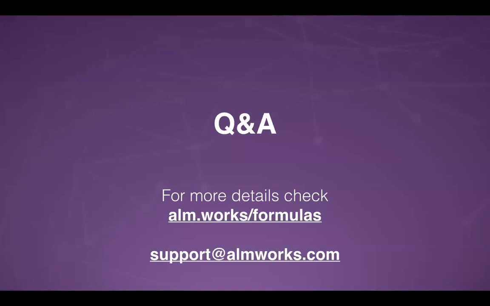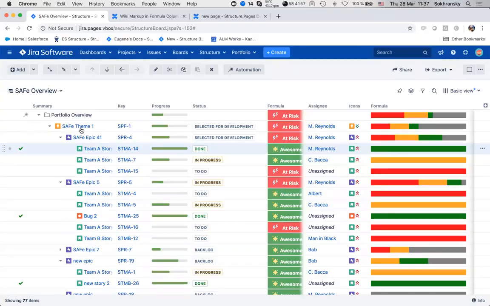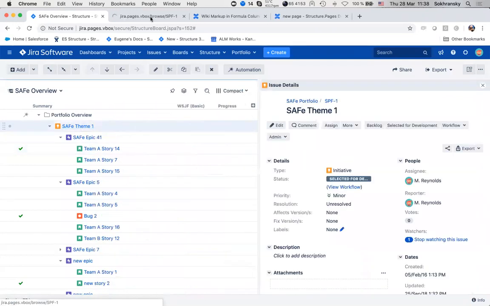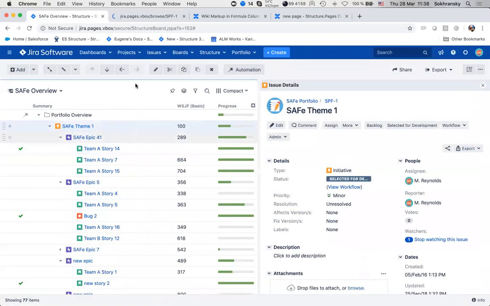So what we've done there, actually, let me switch back, it's called theme. So it's basically just a normal issue type, just like any other. It's not like an epic or subtask. It's just like stories, tasks, bugs. We just called it initiative. And we decided that we're going to use a Jira link that we created, called implements, to connect initiatives to epics. And then Structure allows us to visualize it really nicely